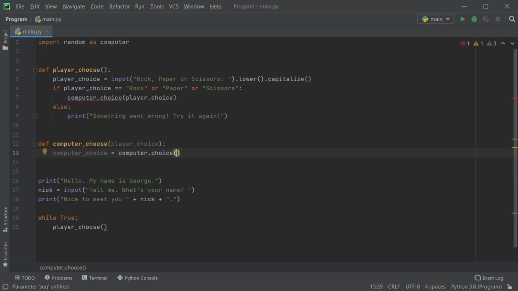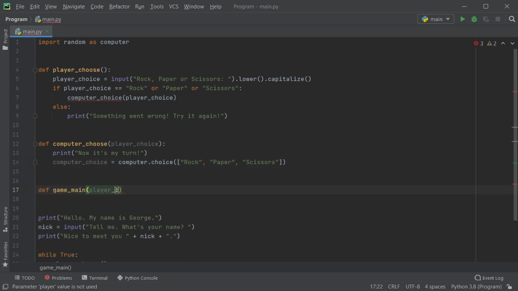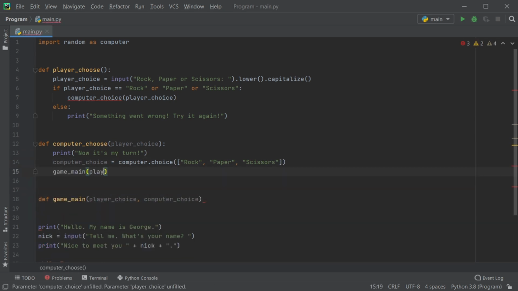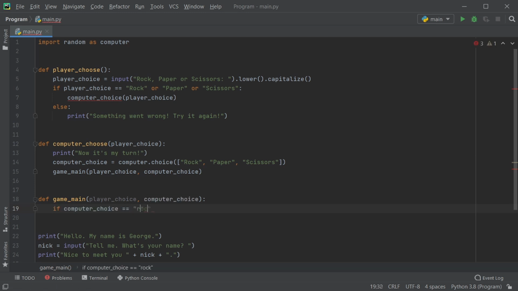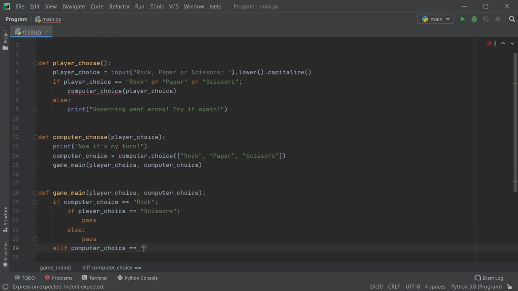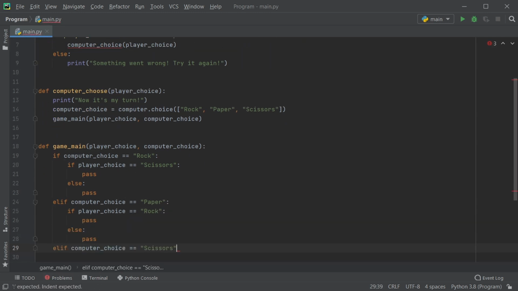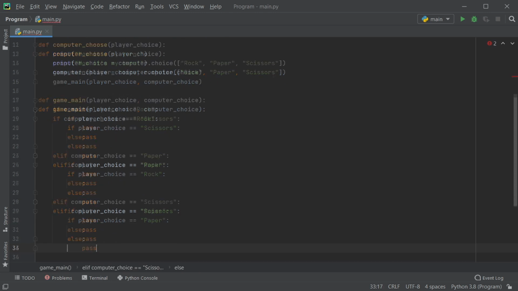However, before we can do that, we must import the random module. After both the player and the computer select one of the options, the last function comes into play. This function will determine whether the computer or the player has won.